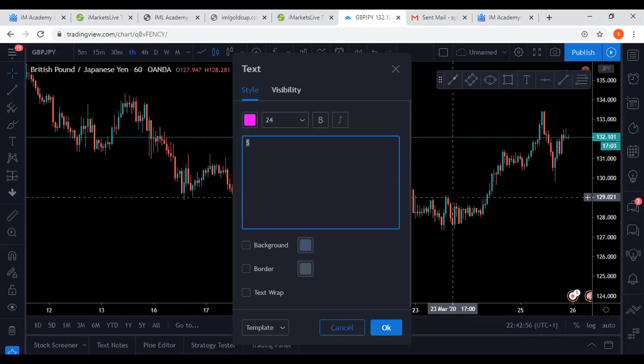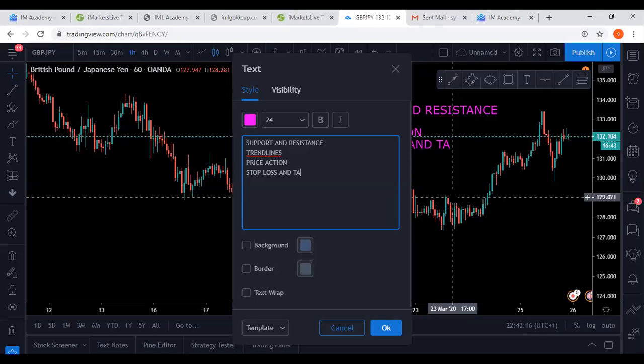I'm going to go over price action, and then I'm going to go over stop loss